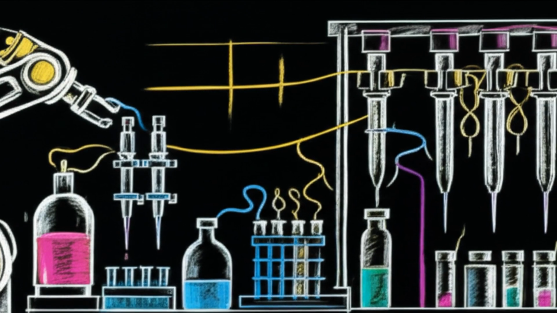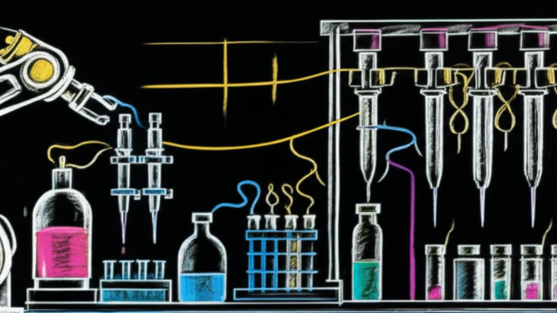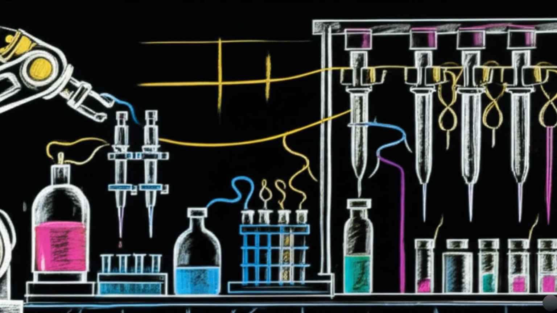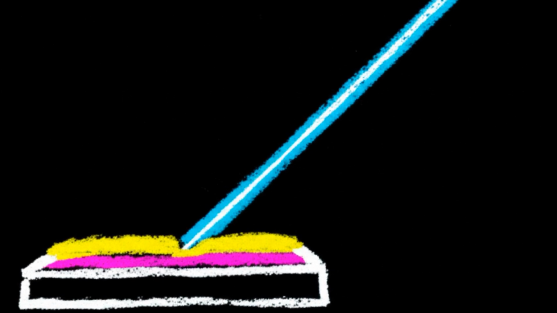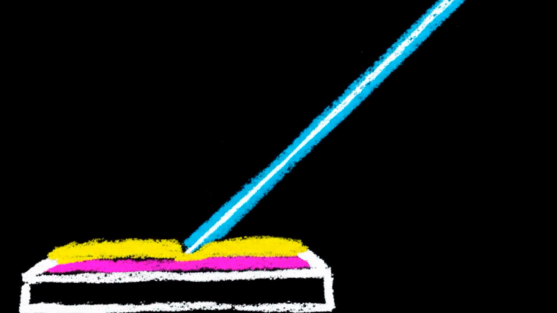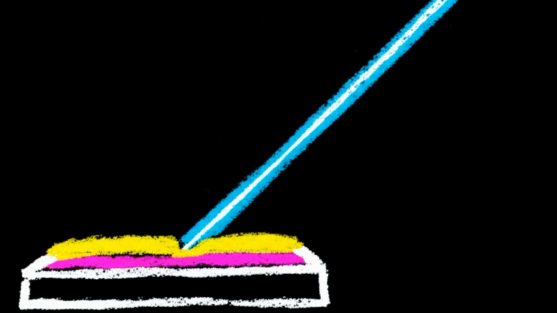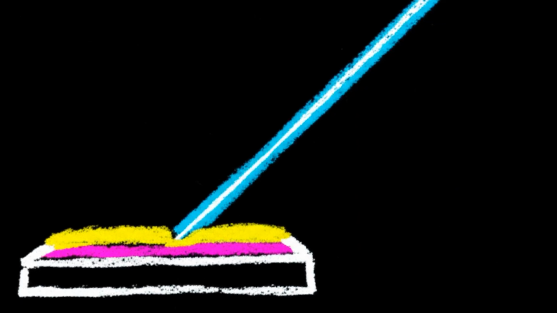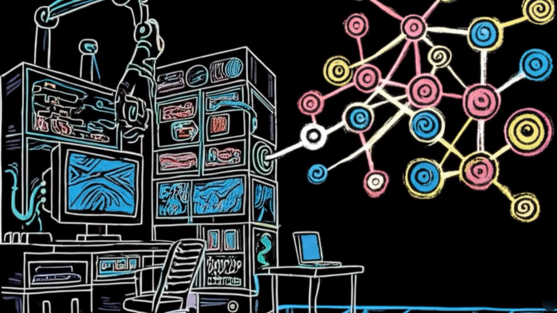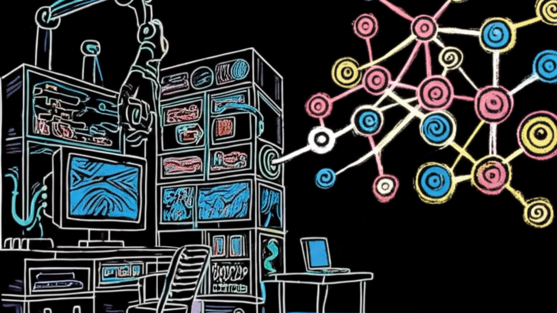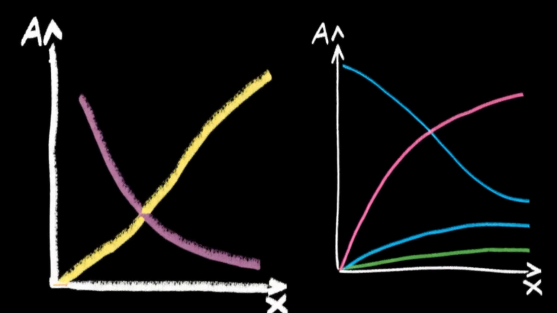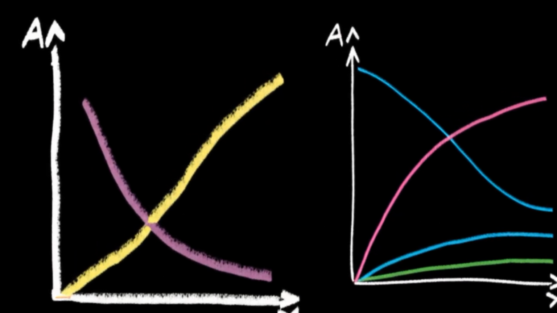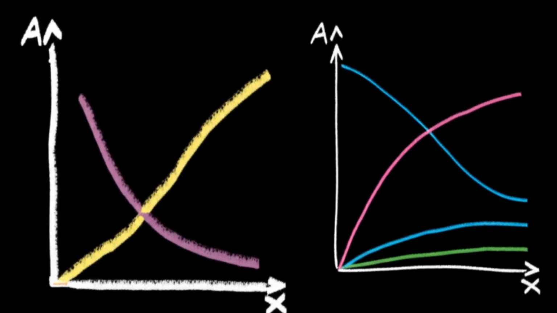The process doesn't stop with a simulation. The most promising AI-designed blueprints are sent to automated labs. Here, robotic arms mix chemicals, lasers synthesize tiny samples, and sensors measure the real-world properties of the brand-new material. This data, the ground truth of whether the AI's dream was accurate, is then fed back into the neural network. It's a closed loop of design, creation, and learning that accelerates the pace of discovery from decades to days.